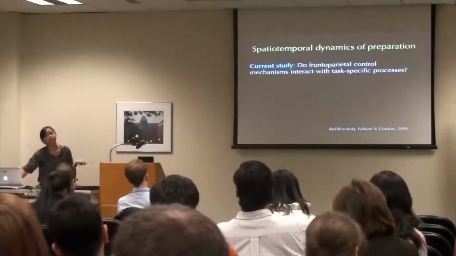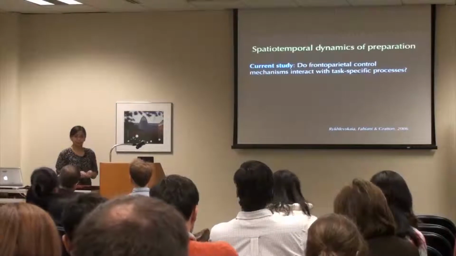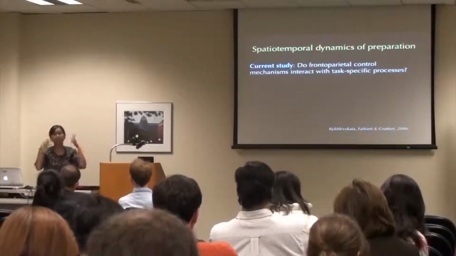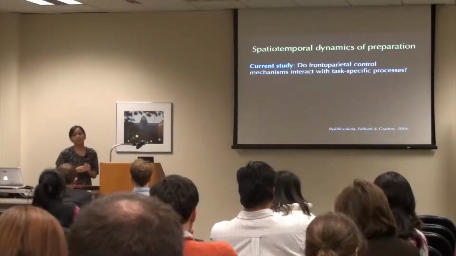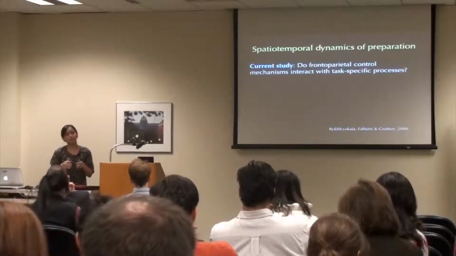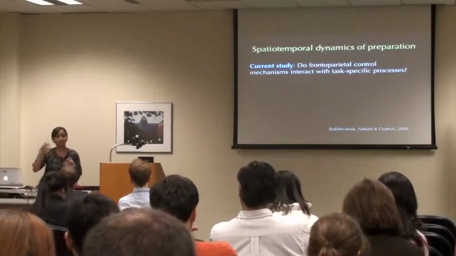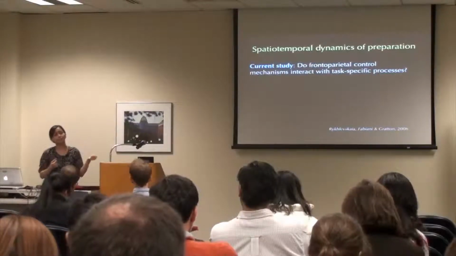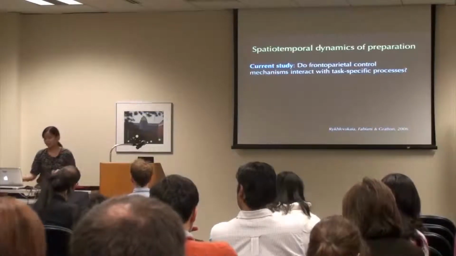So what I'm interested in today, and what this experiment that I'll talk about is going to try to address, is the relationship between these control mechanisms that I talked about in frontoparietal cortex and how they relate to mechanisms in task-specific regions. So how do the control regions relate to the processes in task-specific regions that are important for executing the task? And what we think is happening is that these control regions, like the region in frontal cortex, are talking to these task-specific regions and modulating their response in order to prepare for the upcoming task.